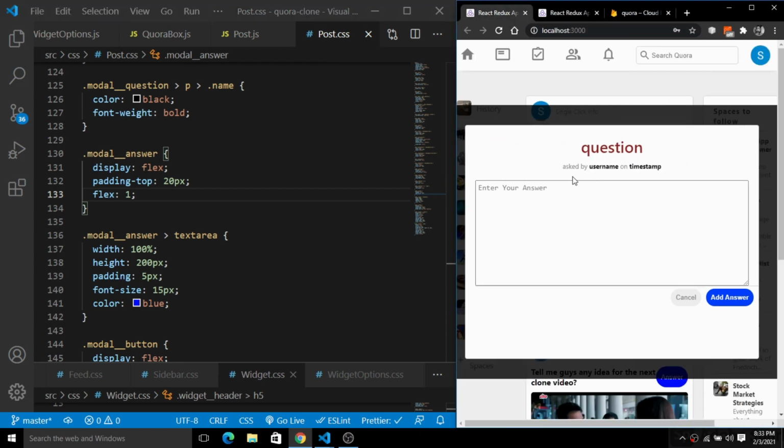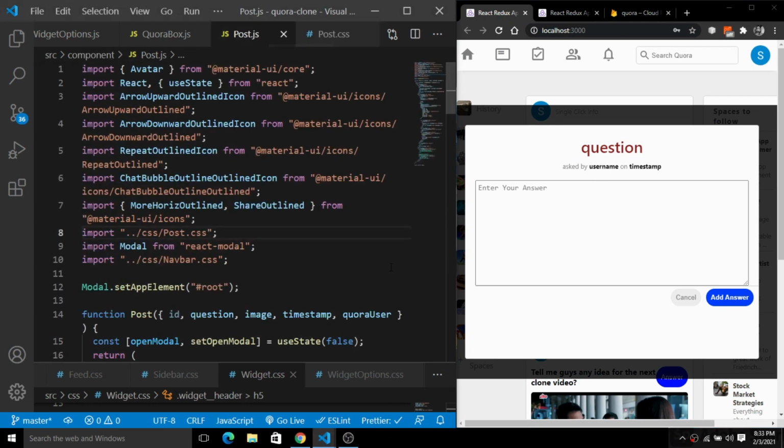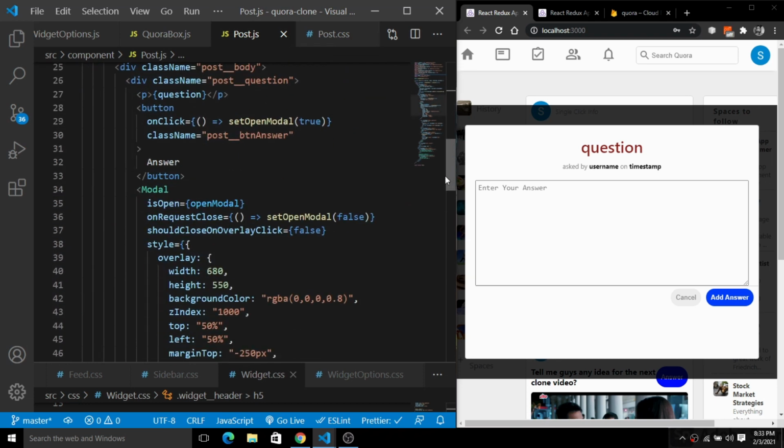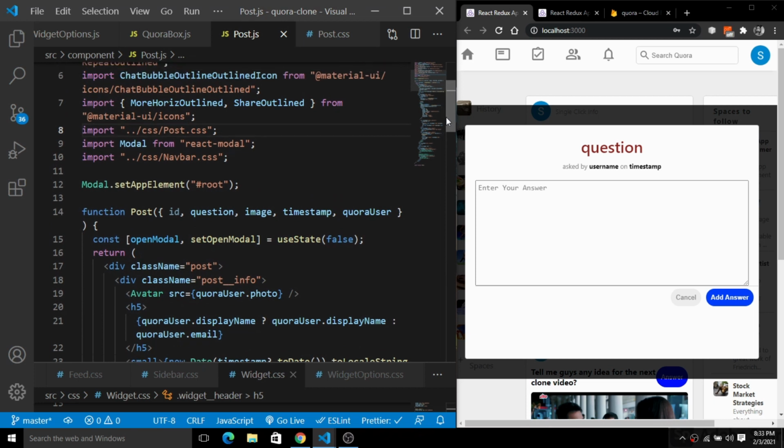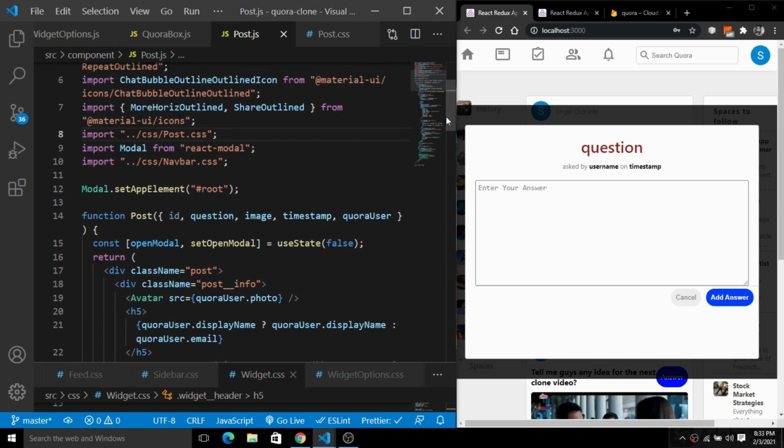Now it's time to answer the respective questions here. So how will we do this? Simply go back to app.js, and here we will add the answers for those respective questions. Here you guys can see we have this model. So now we will use a dispatch functionality here.